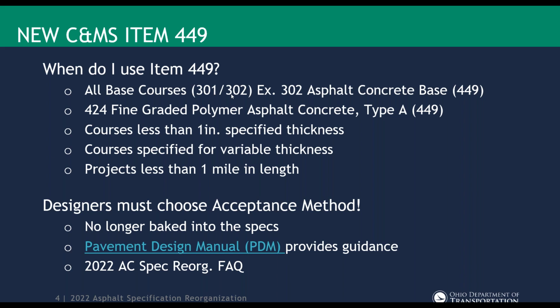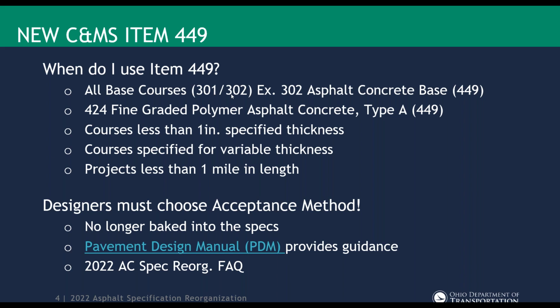Where the choices will come in is on the mixes where they would have specified 448 potentially previously, and just let the spec take care of it. So let's think about maybe you're doing a bridge project and you're going to do 500 foot or 1,000 foot of asphalt replacement on either side of the structure. Previously, you probably would have specified item 448 for some of those items, and then just let that short distance, being less than a mile, take care of the acceptance criteria. Now the designer will need to make that decision, but the rules didn't change. We just took the language out of the spec and moved it into designer guidance.